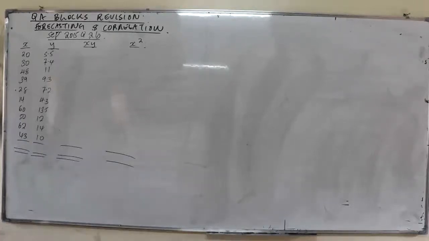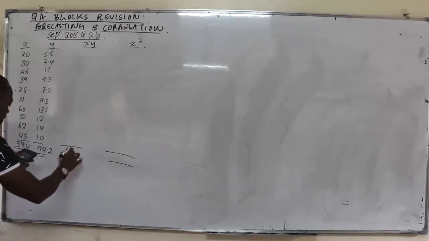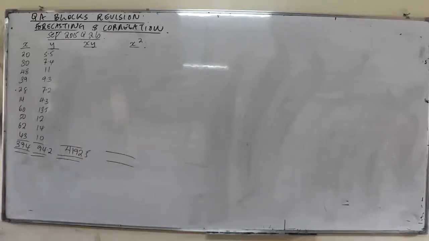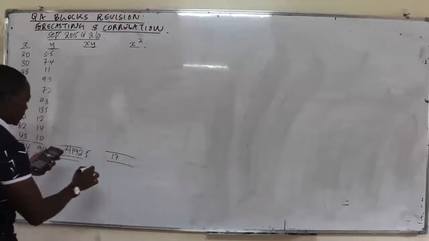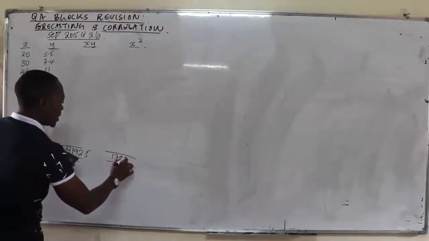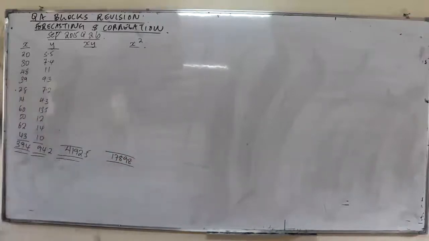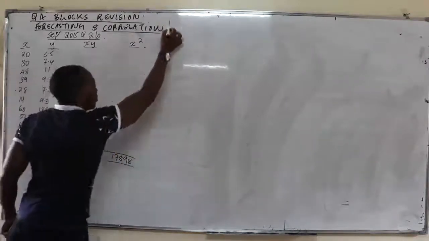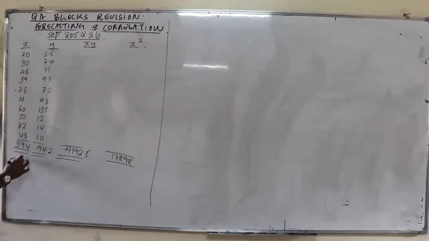So summation of X, it's 394. Then we get summation of Y. Summation of Y, it's 94.2. Then summation of XY, you have it's 4192.5. And then summation of X squared, it's 17,898. Then with that, we need to use the least square where Y is equals to A plus BX, where